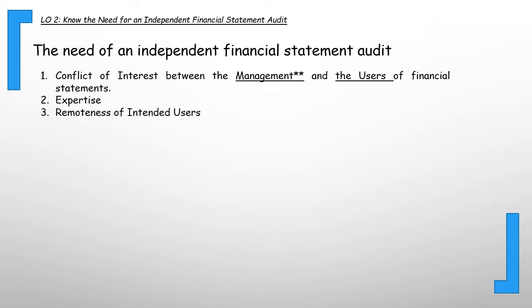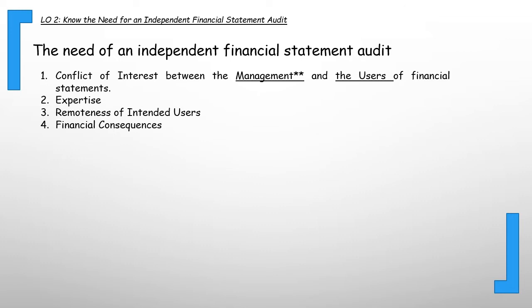The next one is remoteness of intended users. So, di ba, halos lahat ng intended users walang access dun sa entities records to verify the quality of the financial information.